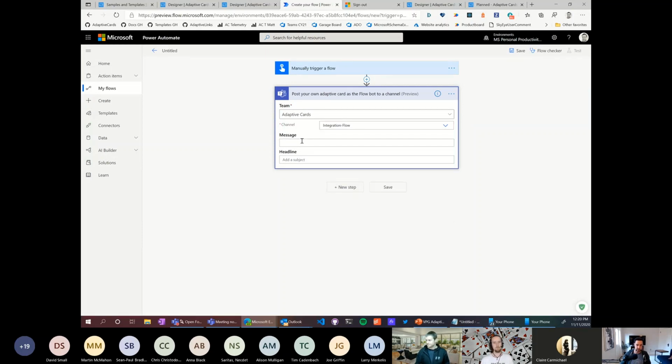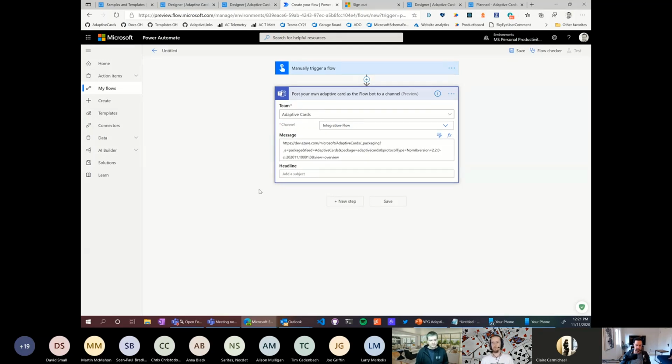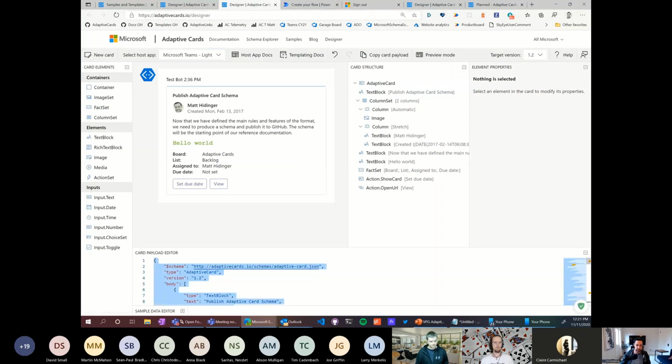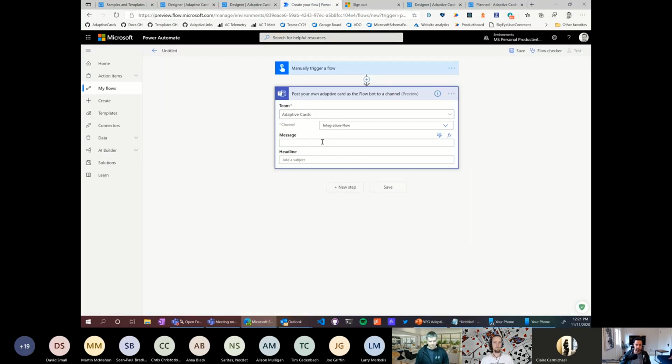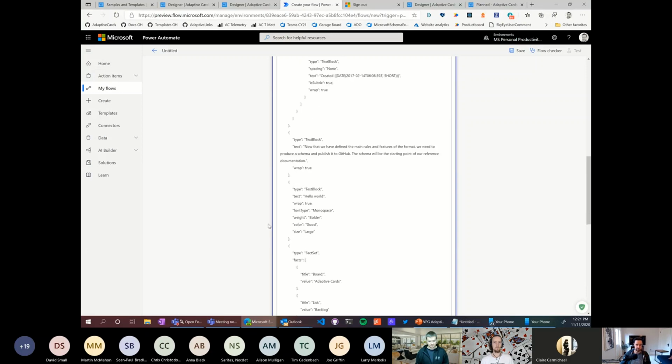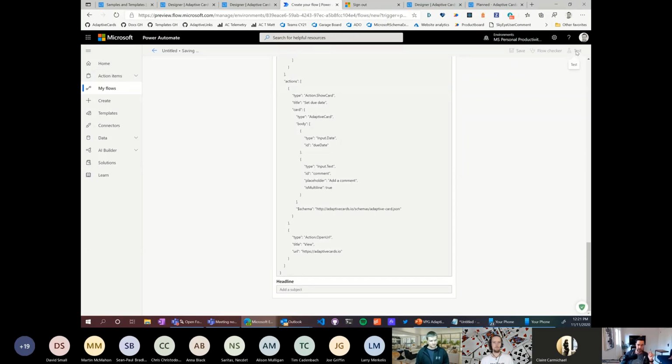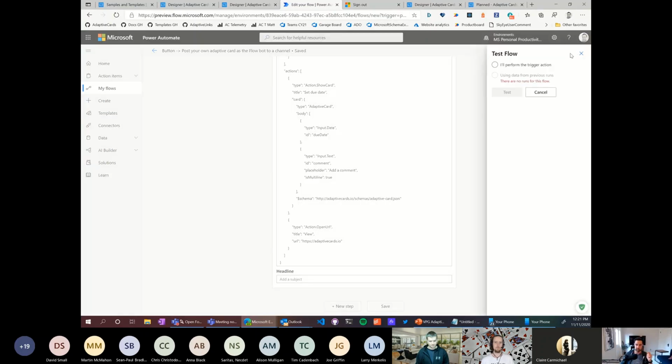And then the message is the JSON. Not entirely intuitive what that is. Oh, I didn't copy it. Let's go back here. Control A, Control C, paste that in. Okay, I got this big card here. Hit save, hit test, and we will see this card, our slightly uglier stock card, in